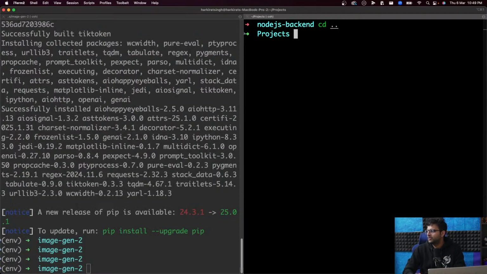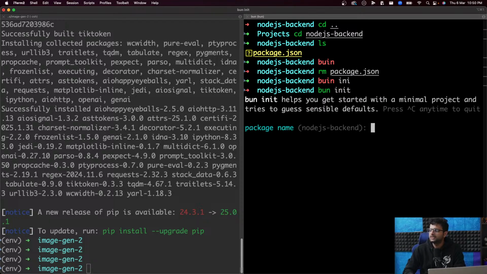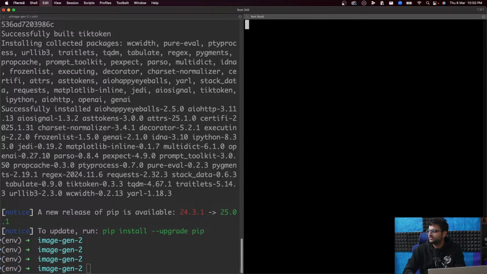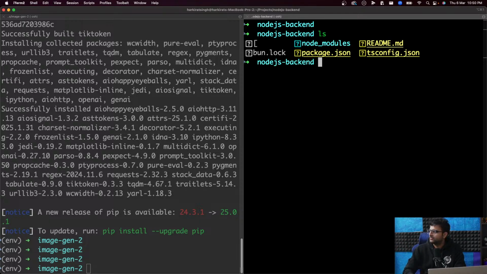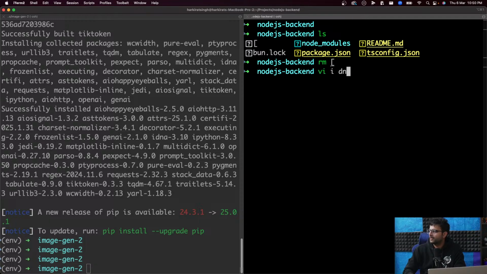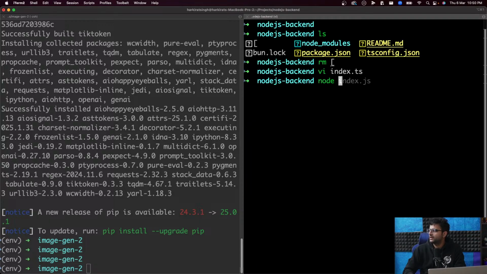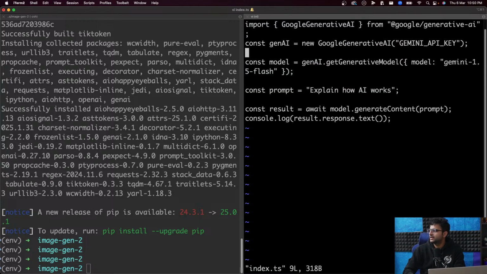Let me create a bun project, cd nodejs-backend, rm package.json, bun init. The reason I'm using bun is because it just integrates directly with TypeScript, so I don't have to write the TypeScript bootstrapping code. Paste it over here, and the only thing I have to do is replace my Gemini key here.